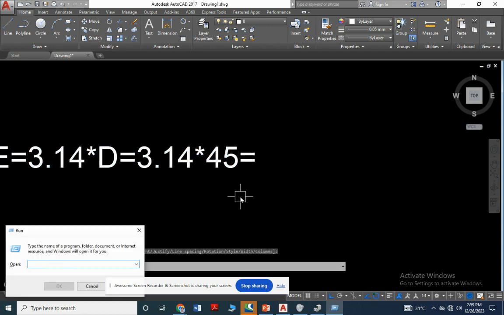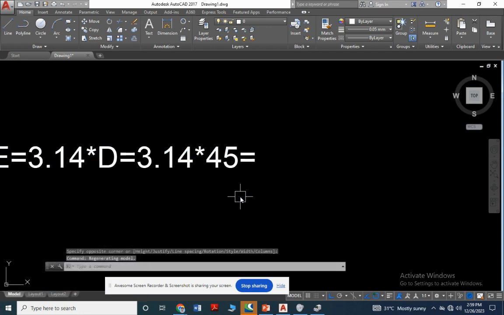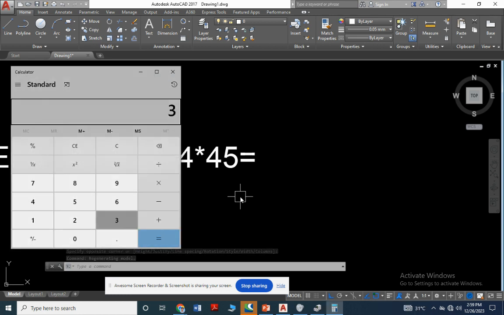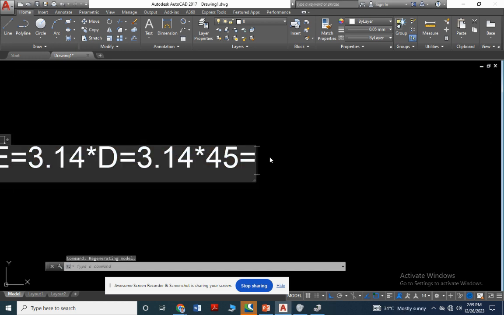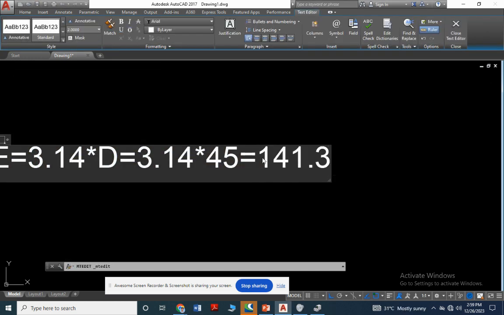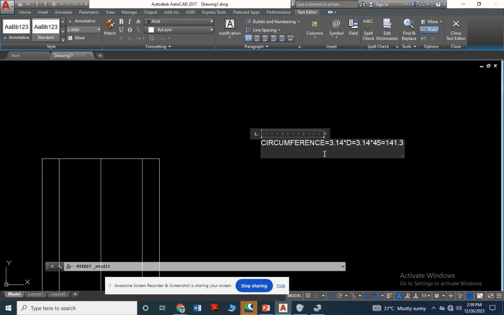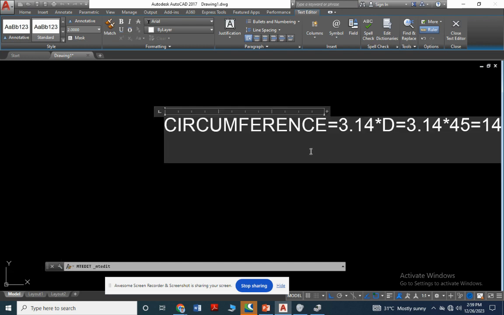Okay, for the calculator, 3.14 into 45, so 141.3. Okay, then angle, it is